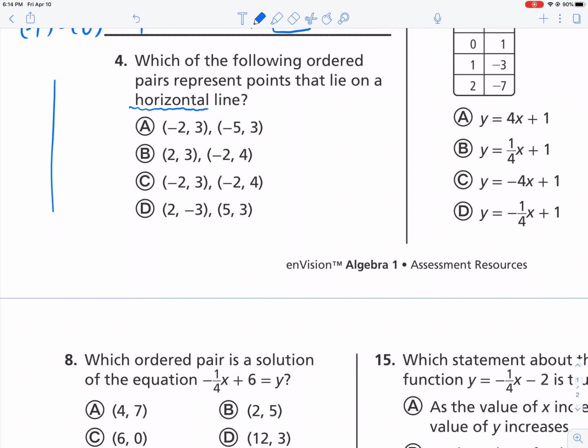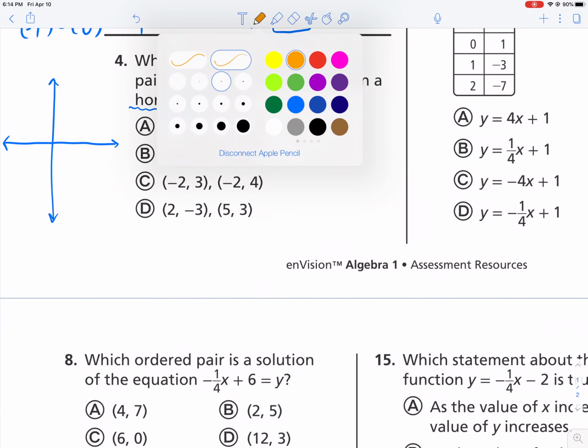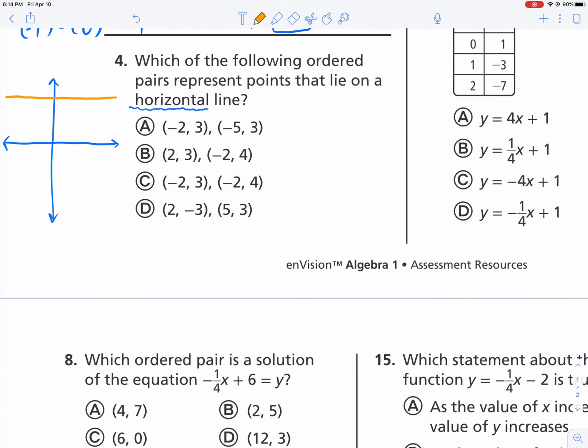Another way to do it is to take a graph and just sketch it. Maybe you did an example here, drew a horizontal line, and said, all right, I think this is going to be at 4. So that line crosses at 4. If I looked at any points on this line,